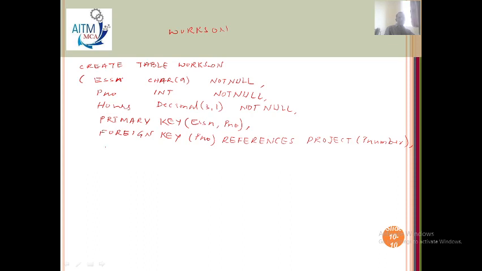No, sir. See, what about ESSN? It is SSN, no? Here we have taken it as a different name, employee SSN. It is the same as that SSN itself, right, which is there in the employee table. So it is also a foreign key. Got it? ESSN is also a foreign key which references